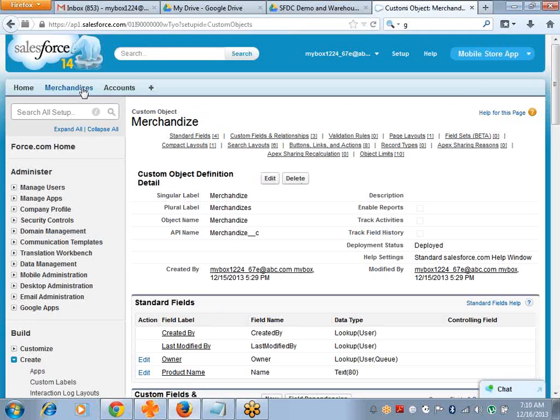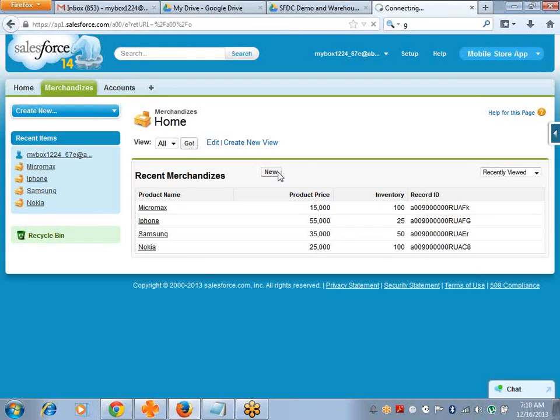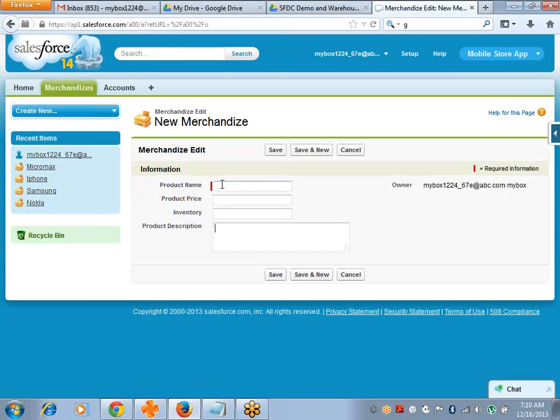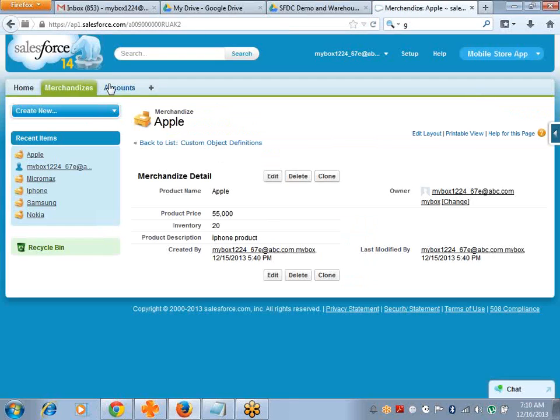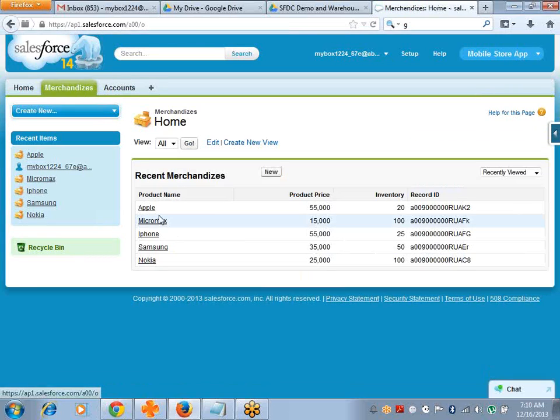Now when you click on Merchandise and click New, there is a new field, the description field. Inventory 20, iPhone. Click Save. It's a text area type. Save. When you click on the Merchandise tab, you have name, price, inventory. We missed the description. So how do we get the description field? Go to this shortcut,